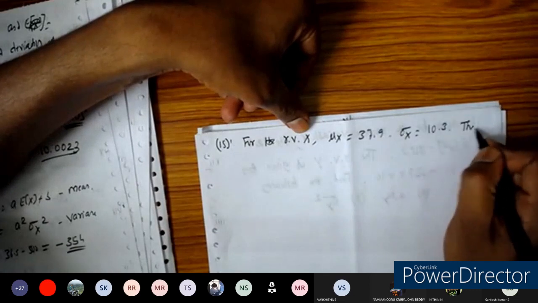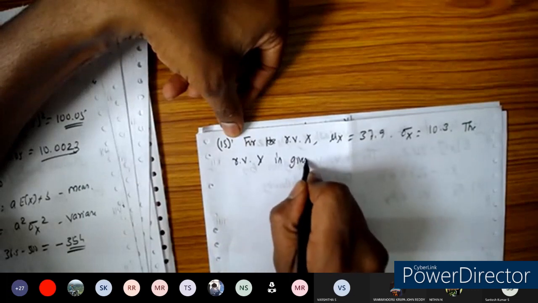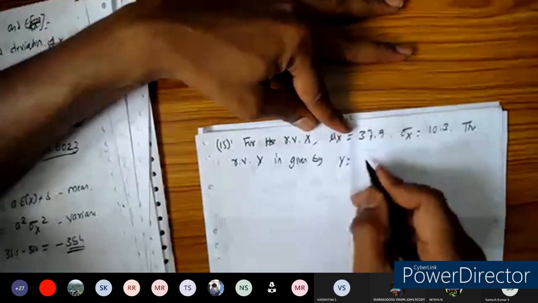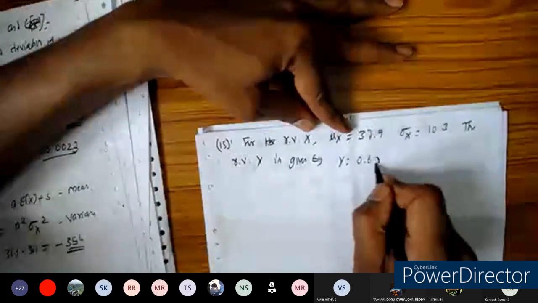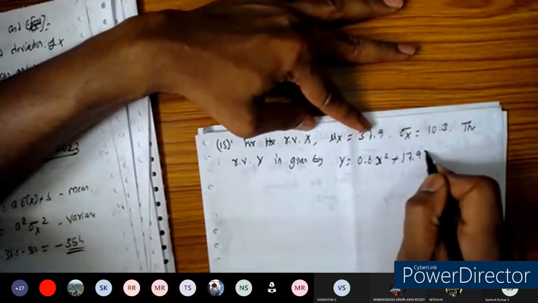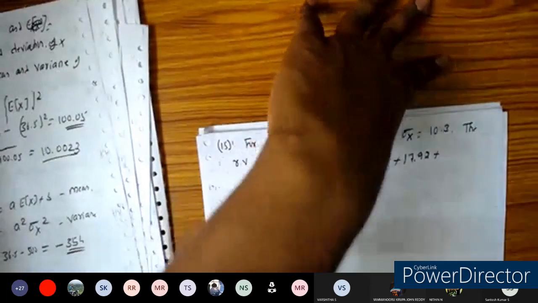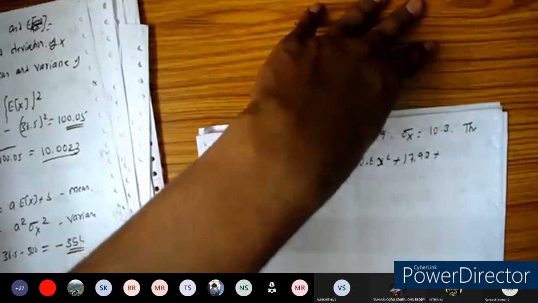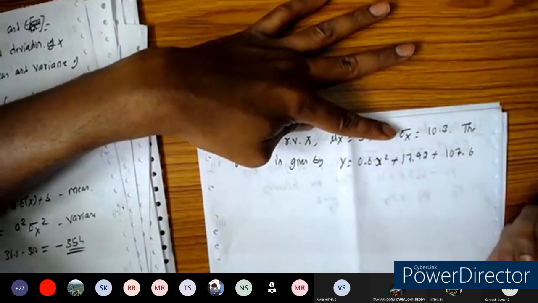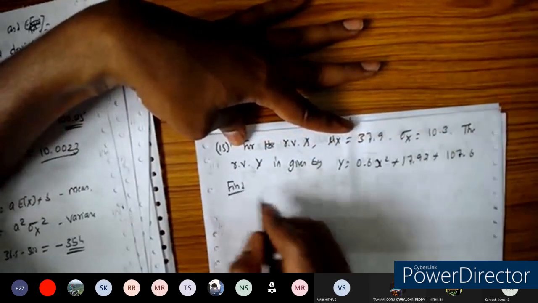The random variable y is given by y is equal to 0.6 x square plus 17.9x plus 107.6. Okay. Find